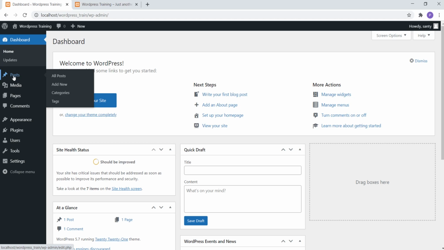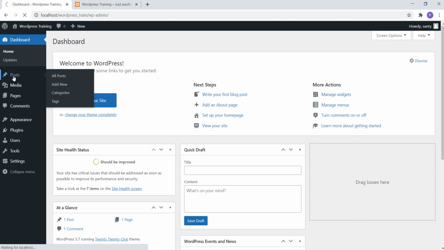You can also create particular categories, and along with that you can have particular tags for the related post, so that whenever someone searches for that post using the tag, it gets displayed. So these are the major parts for your post.